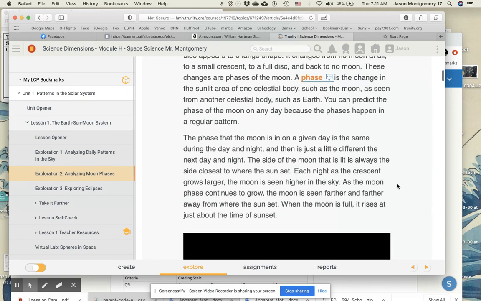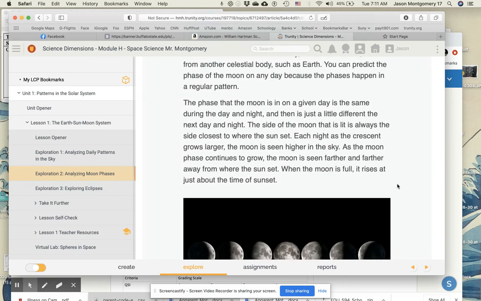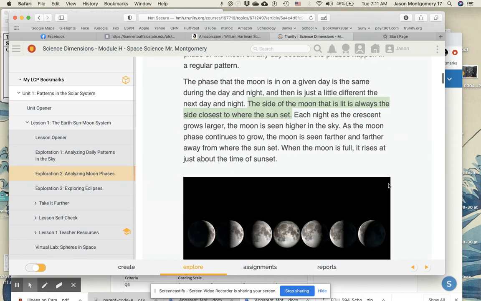Okay, so every day, technically, the moon has a different phase because it is in constant motion around the Earth. Okay, the side of the moon that is lit is always the side closest to where the sun sets. This is important information here. Okay, because the moon does not give off its own light. The moon only reflects light from the sun, and so that makes sense. All right, so